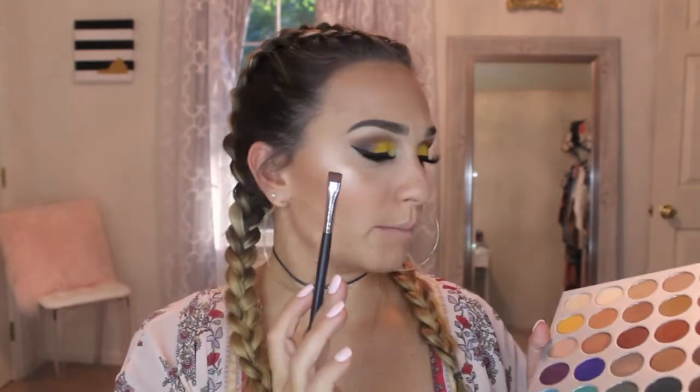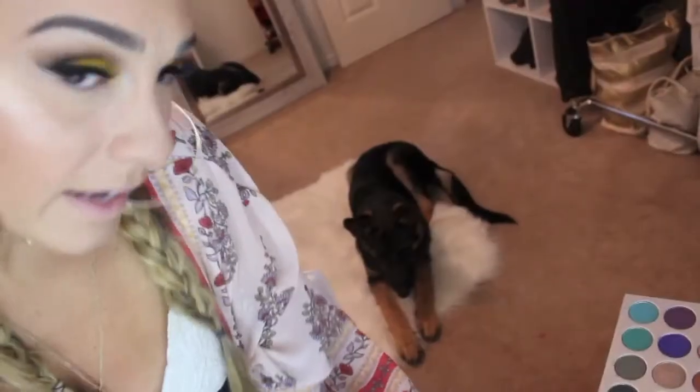Last thing I'm going to do is finish up my eyes, and I can't see the bottom of this girl's lash line in this picture that I got on Pinterest, so I'm going to do what I want. So taking my M432 straight flat brush from Morphe, I'm going to take, I have a visitor,